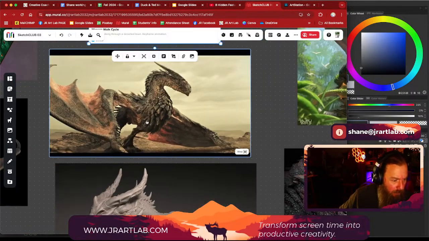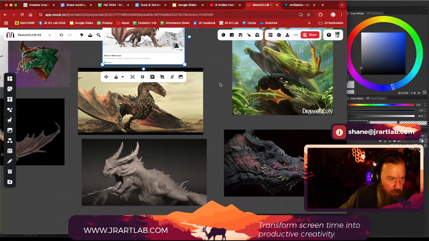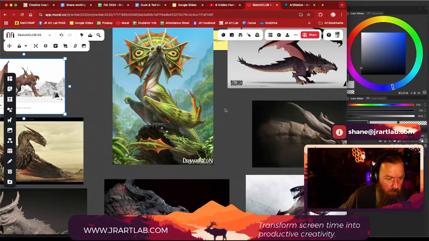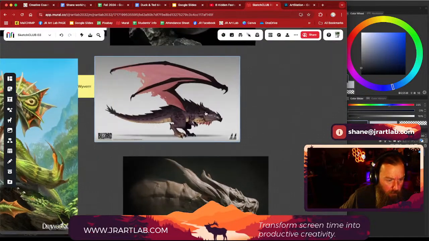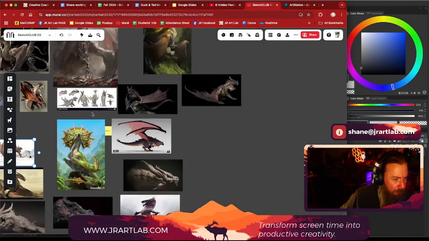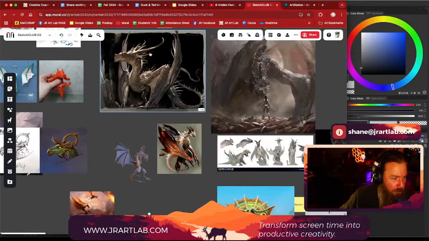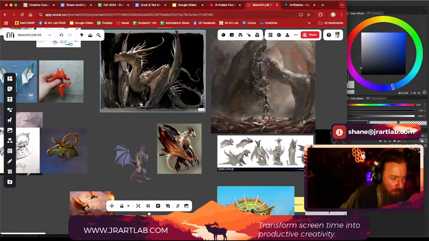I think that's a nice pose, because of their wings and their feet. This one's got little arms, but similar. Okay, I do like this pose though. That's kind of like what we have at this point.